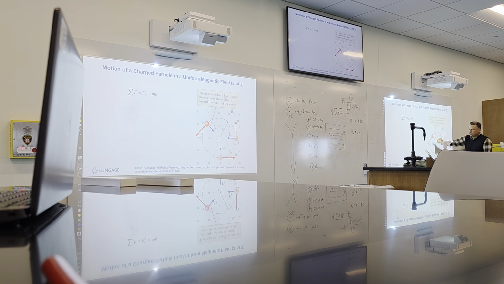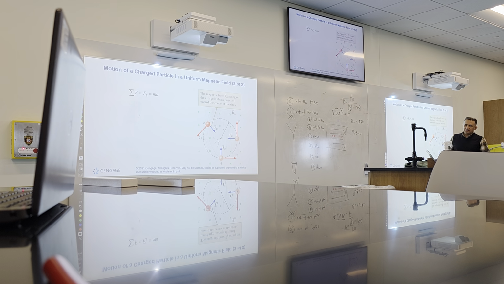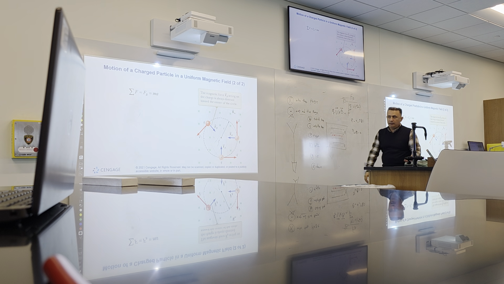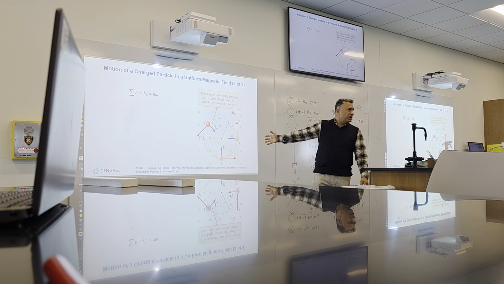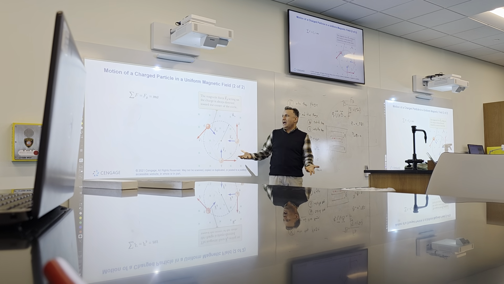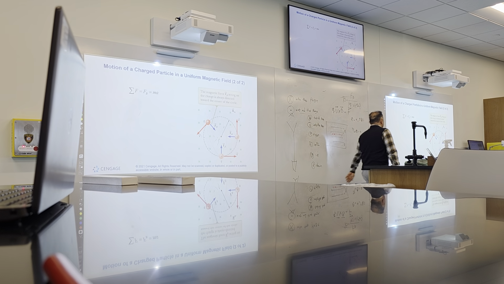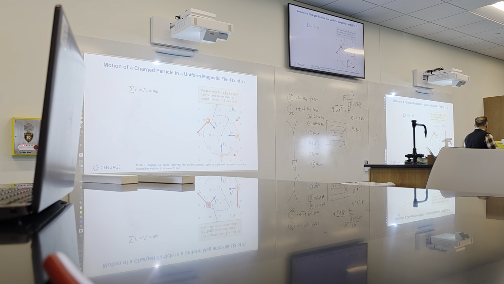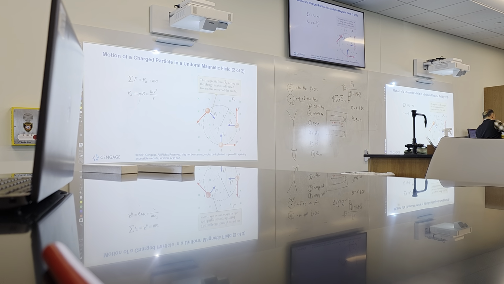This has acceleration. Even if the speed is constant, it has acceleration. Why does it have acceleration? Because of the change in direction. Because it changes direction, it always has this acceleration, which, as we know from general physics 1,